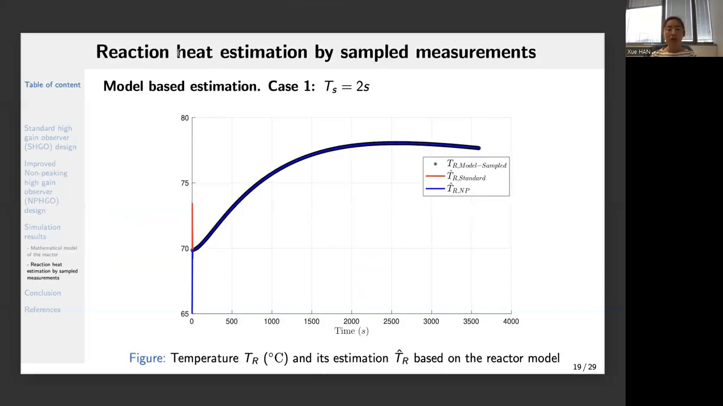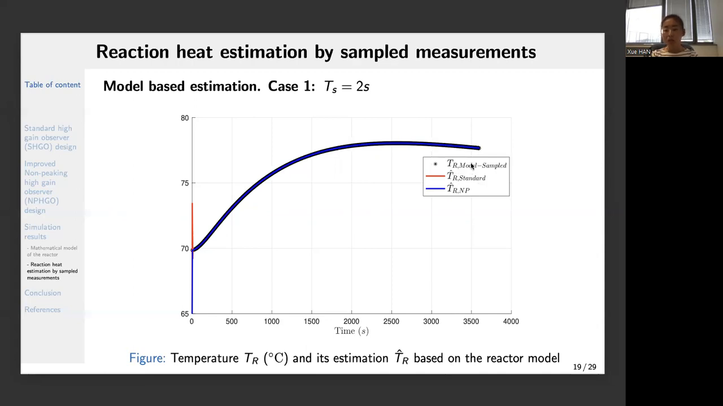And here I will present the results in two different ways. First, I will present the results coming from our model, and then I will give a comparison by using the experimental data. Here, the first figure represents the temperature and its estimation TR hat based on the model we construct. Here, the black star represents the sampled